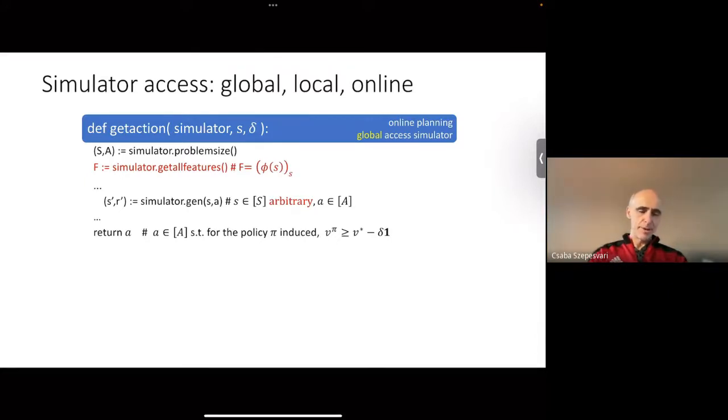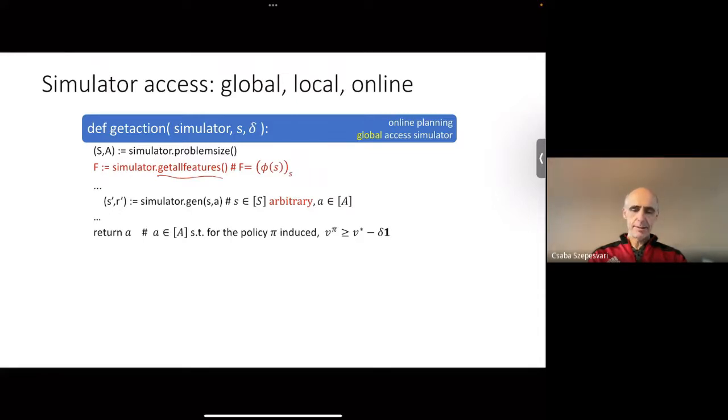So for example, you could have this very simple thing where you can just query all the features at all the states, but that would require enumerating all the states, which is silly because this is what we wanted to avoid. So we do this for the sake of a thinking experiment. We know it's not really real. You can't generally do this.